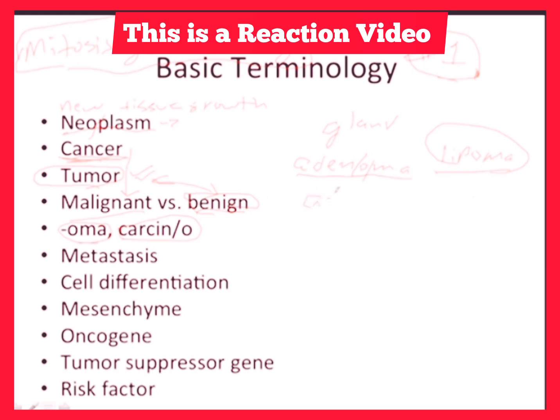So if someone has an adenocarcinoma, remember adeno, gland; oma, tumor; and carcino, cancerous. Malignant tumors, cancerous tumors, are a diagnosis you don't want to receive, because these are the tumors that grow out of control. These are the ones that are invasive, that spread into and through other tissues. These are the ones that cause a lot of damage, and obviously the later you catch these cancerous neoplasms, the lower the chances of survival.